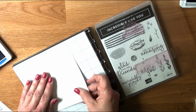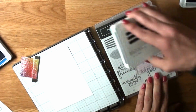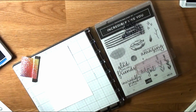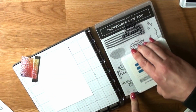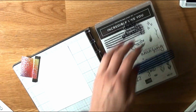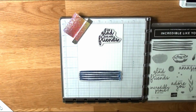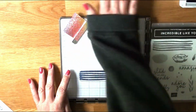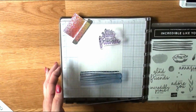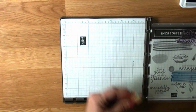Incredible Like You has some great sentiments and some fun images to use, so that's why I chose that, whereas Painted Seasons is all images. I'm laying everything down, alternating between Pacific Point and Night of Navy, so there are some deep colors on top of the lighter ones. This can go either way. If you change the sentiments, it could be a masculine card. So I'm going to set the inside aside to dry,